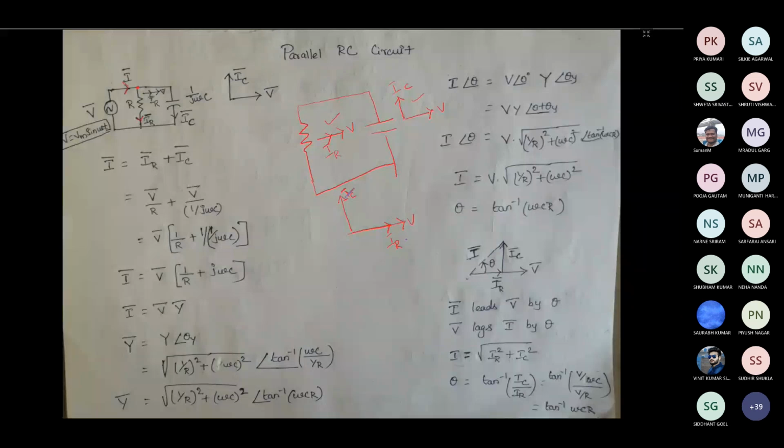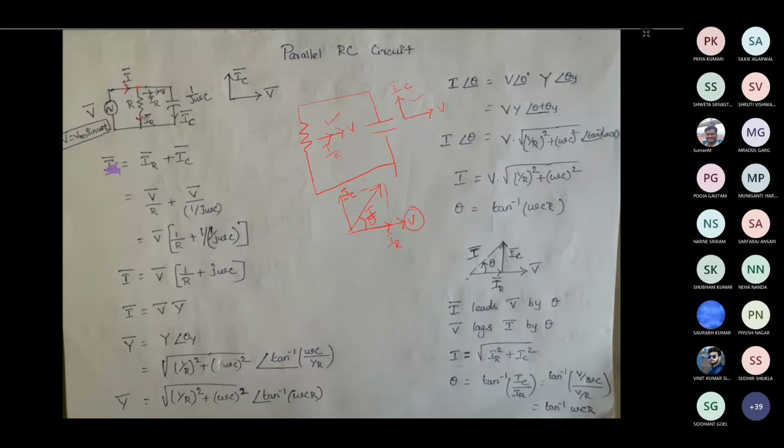So now we are finding the resultant current. You do the vector addition, and we will find the resultant current, I, which is flowing here. So how we got this, that's what we are going to see. This is the theta angle. You know that for a capacitive circuit, the overall voltage will be lagging the resultant current by an angle theta. That is what this phasor diagram is showing.